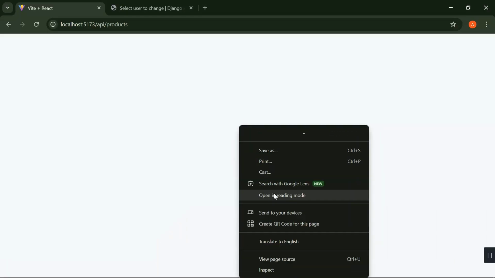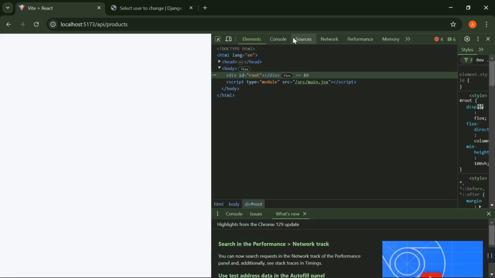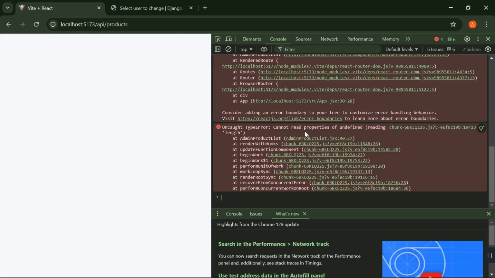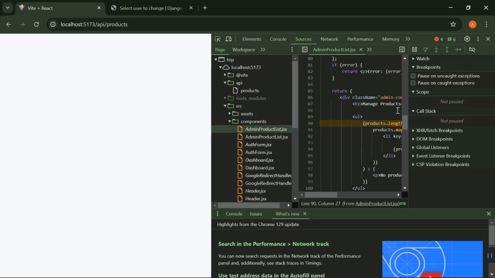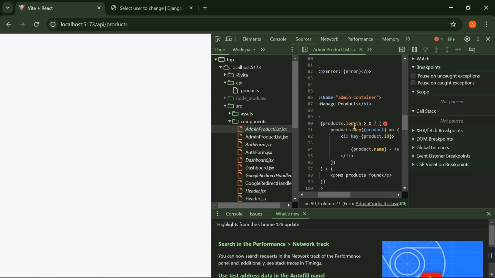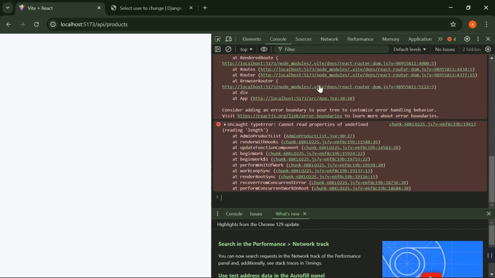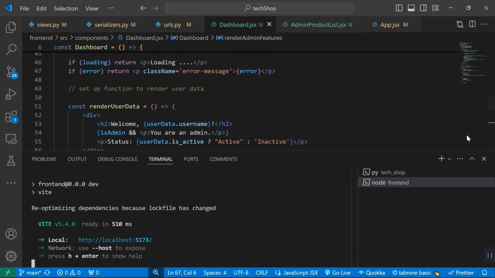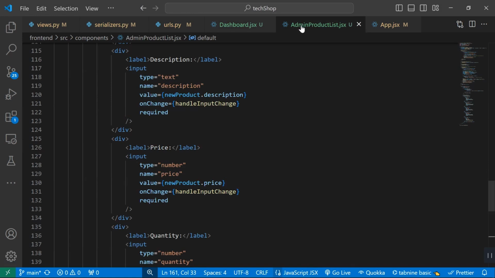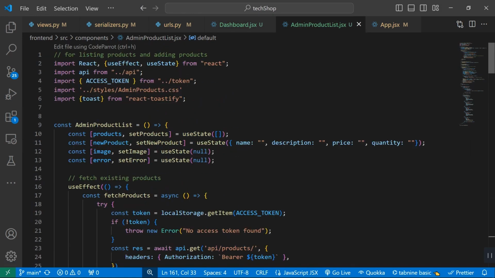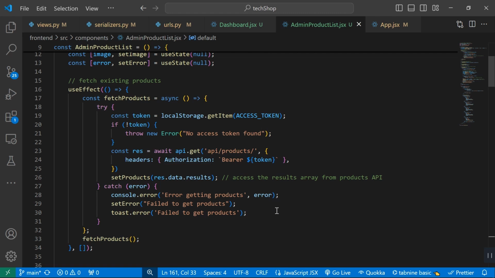Now let's come back and inspect what is causing this not to show. Cannot read properties. See, product.length. Okay, let me refresh and see. Okay, so let's come back and see. Close this. What do we have in our products here? So we have products, then set product, gradually cross check everything here. Okay, first of all, this is meant to have,